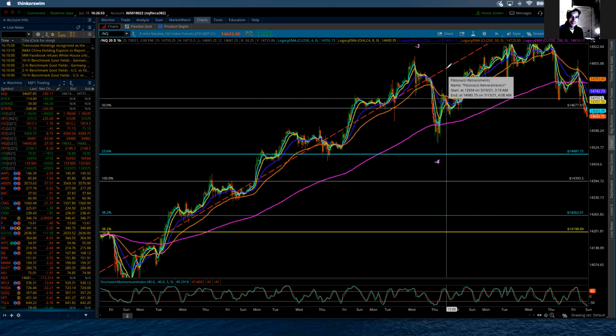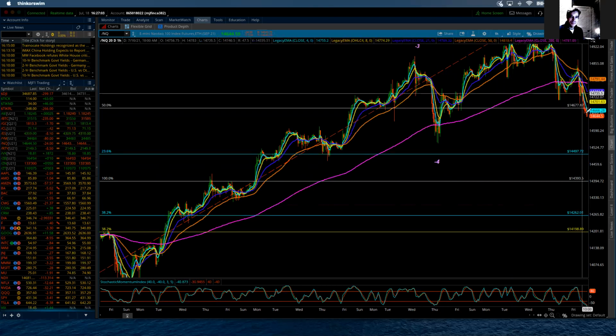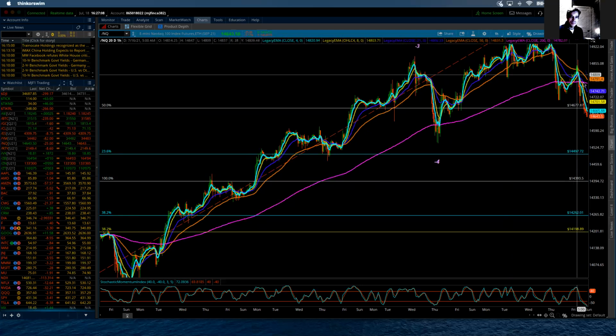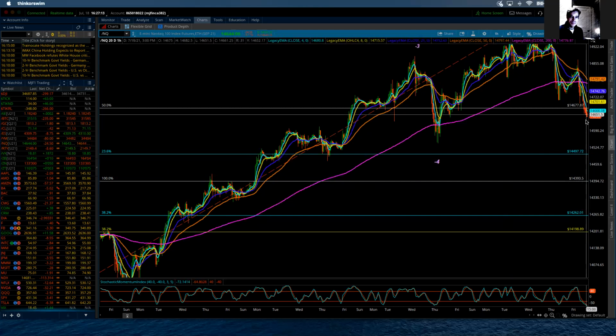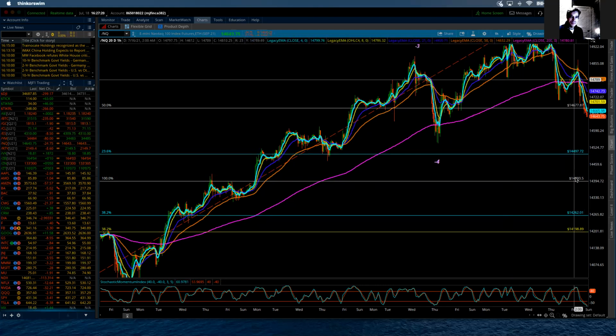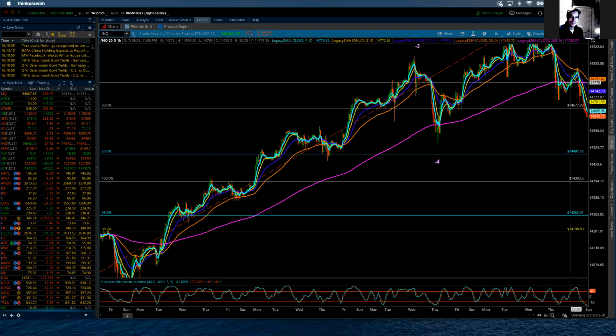Now that I would not be expecting because again, we're moving into earnings. Unless these earnings are putrid, unless the earnings come out poorly, then yeah, it's going to drop. So the scenario would be it might recover a little bit. But if we're trying to count an additional 5 down within this leg, and they're subdividing, that'd be 1, 2, and it's dropping in the 3 and the 4 and a 5. So yeah, it could go, but this is 200 points. These are like 300 points. So that would be a pretty steep drop, even for wave 5 of the C wave.